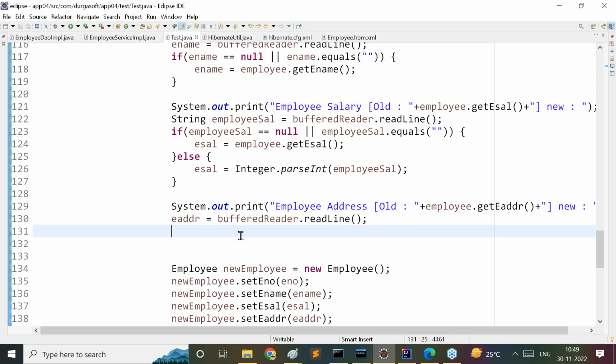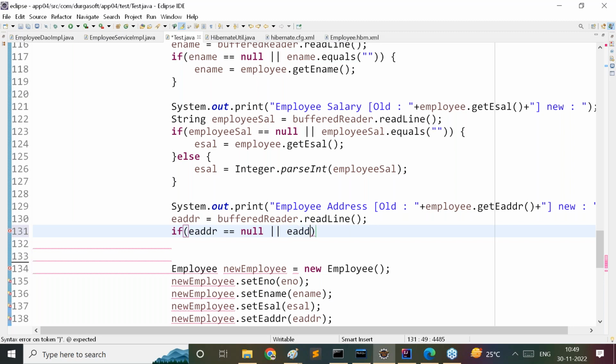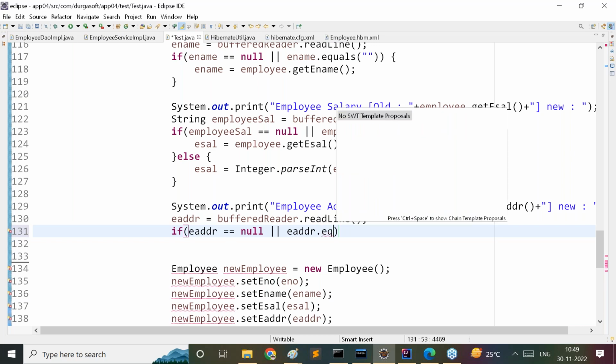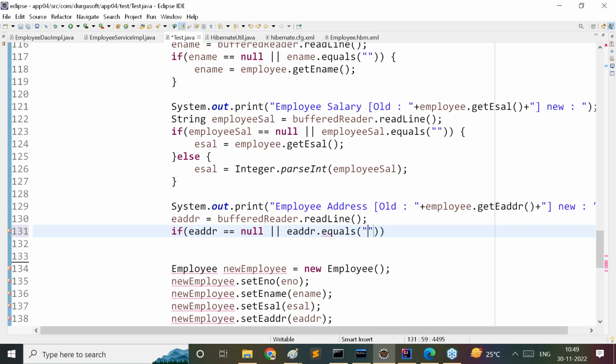If EADDR == null or EADDR.equals(""), the empty string,